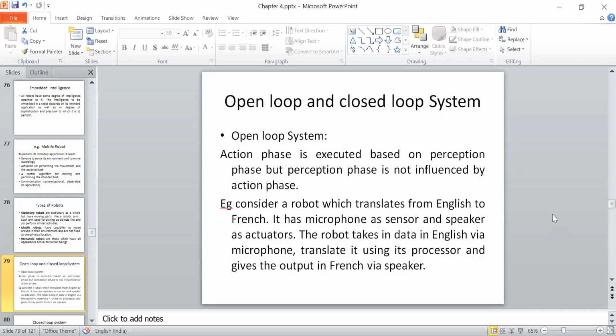ओके, तो यहाँ पर अगर सपोज हम इंग्लिश से फ्रेंच की बात करते हैं, तो इंग्लिश में हमने इनपुट लिया, प्रोसेस करके उसे फ्रेंच में कन्वर्ट किया, और फ्रेंच को हमने क्या किया, साउंड को हमने प्ले कर दिया. अब आप फ्रेंच बोल रहे हो, ये एक्शन है. इस एक्शन पे आप इंग्लिश के सेंटेंस को कैसे रिसीव कर रहे हो या उसे कैसे प्रोसेस कर रहे हो, ये चीज़ नहीं चेंज होने वाली. ठीक है, तो ये दिस टाइप ऑफ रोबोट्स आर कॉल्ड एज द ओपन लूप रोबोट.